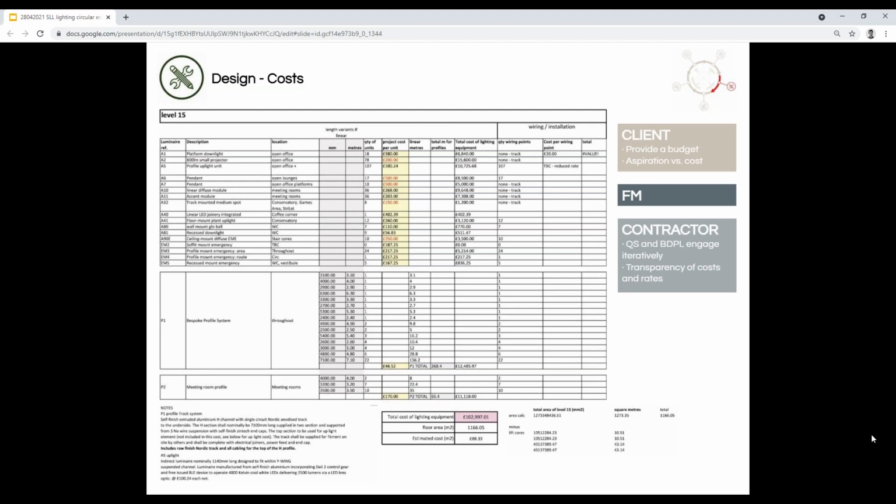Because you can do the best and most circular design in the world, and you can use the best and most sustainable products in the world, but if it doesn't get bought, if it doesn't get installed, then it's worth nothing. It's not a circular product. And this is the kind of point I'm making: you only get circular projects, you don't get circular products. Products are only part of the gig. Next slide, please.